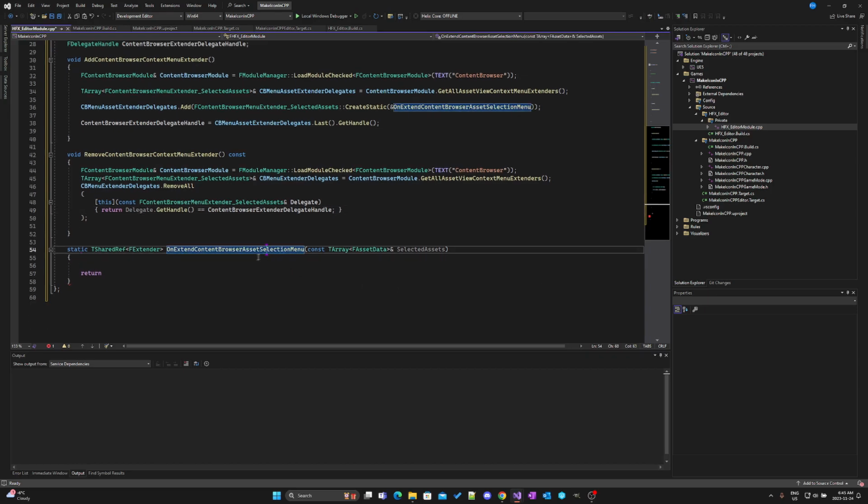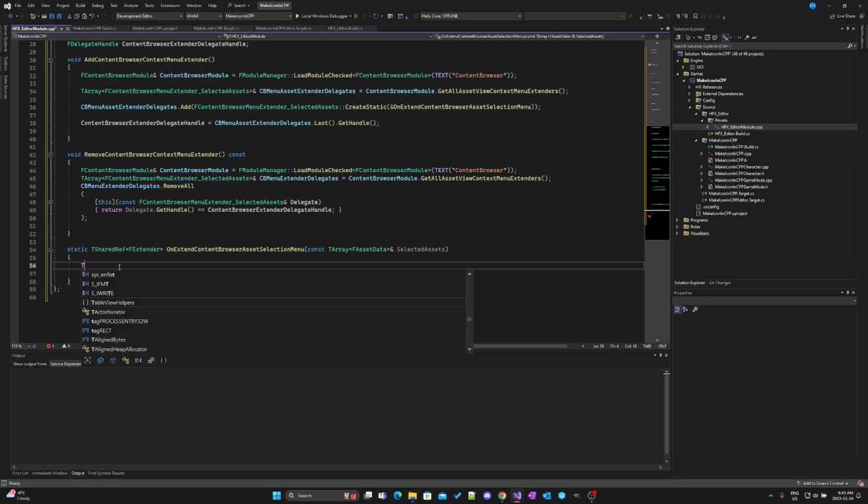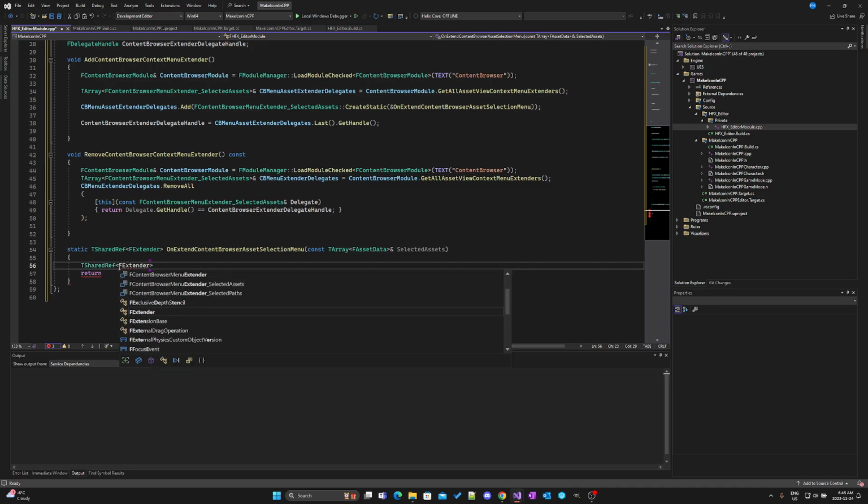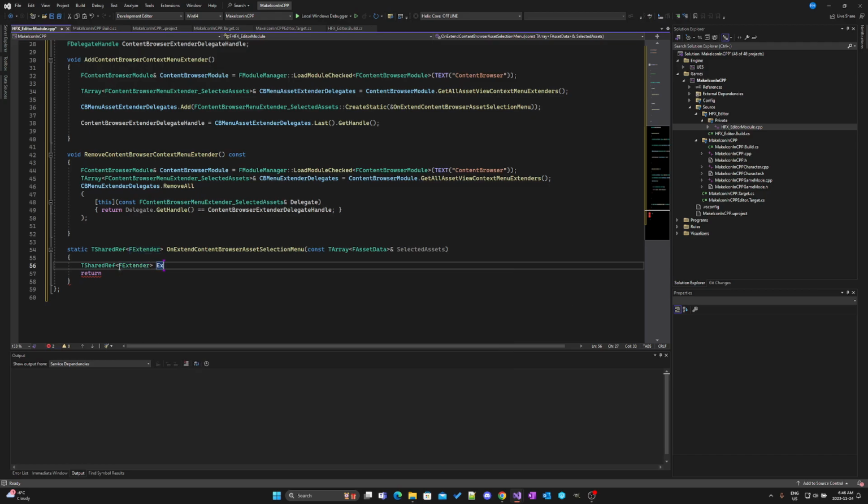This selection menu, so this is where we're going to define our selection menu. And so let's fill it out. It's a T shared reference of F extender, and we're going to call it the extender. And that is equal to make shared F extender. And then our extender,